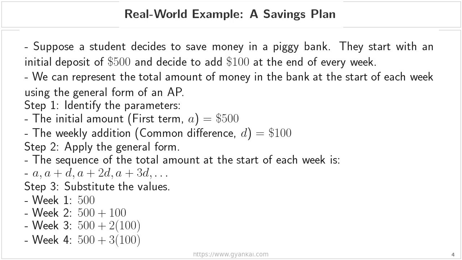Step 3. Finally, we substitute our specific values into that pattern. For week 1, we simply have our starting amount, which is 500. For week 2, we take our starting amount and add the common difference, so 500 plus 100. By week 3, we have added the difference twice, which gives us 500 plus 2 times 100. And for week 4, we follow the pattern by adding the difference 3 times, resulting in 500 plus 3 times